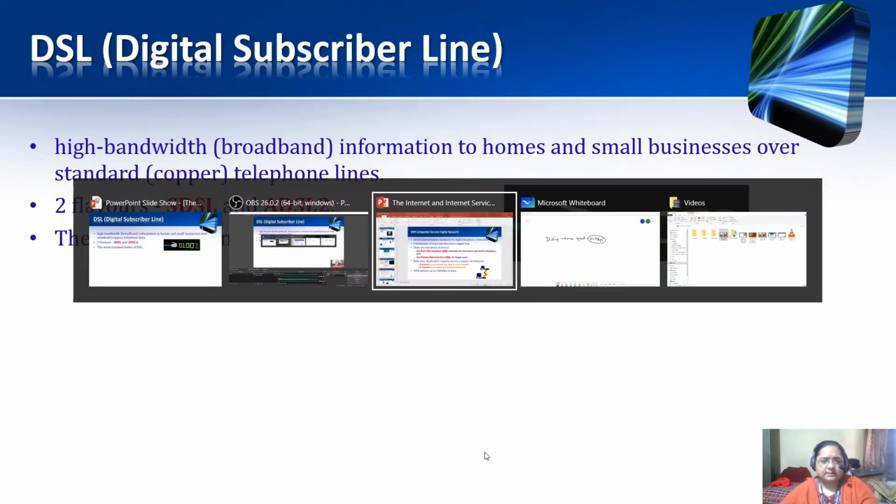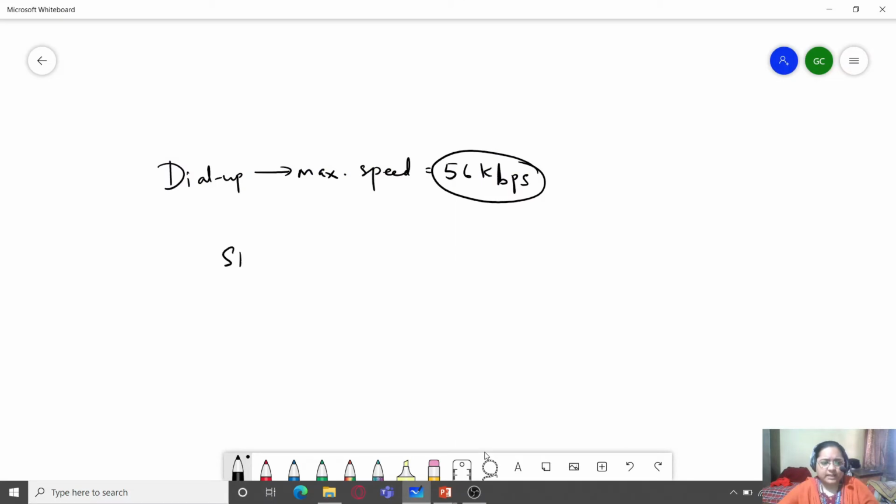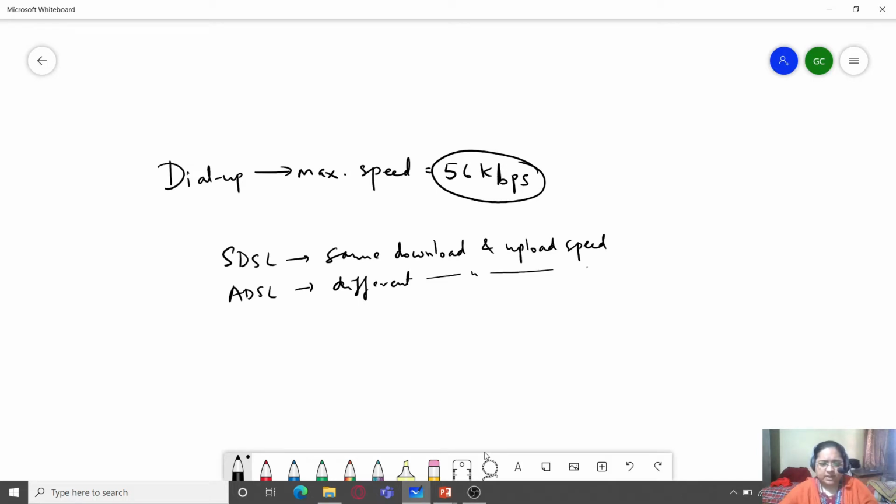If you are going for SDSL, it would mean the same download and upload speed. And if you talk about ADSL, it would mean different download and upload speed, where mostly the download speed is greater than the upload speed.